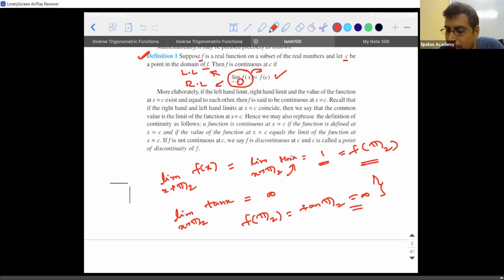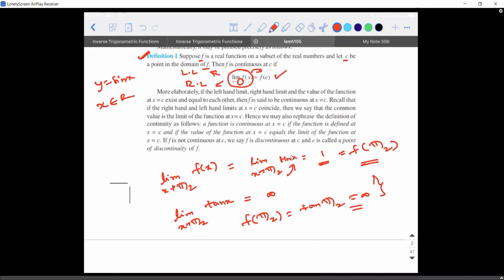See, for any function, you by default write the domain as real numbers. Then you should start thinking: are there any values from those real numbers which, when you substitute them in the given function, will generate infinity? For example, since you asked, I am explaining it again. Y is equal to sin x. X belongs to R by default. Now I will do a reverse analysis. From that real number, is there any value I can substitute in the place of x which is going to give me infinity? No, sir. So I will leave it as it is.